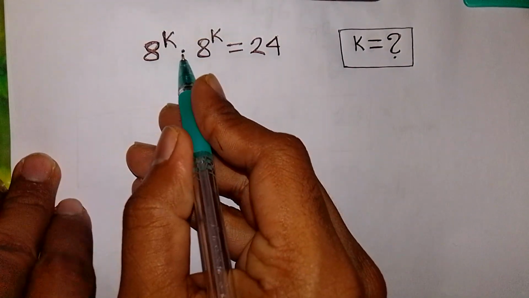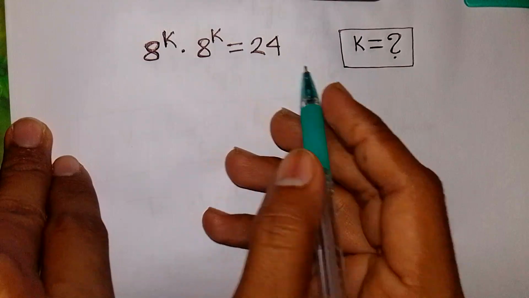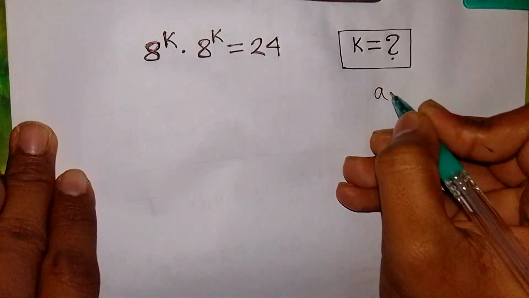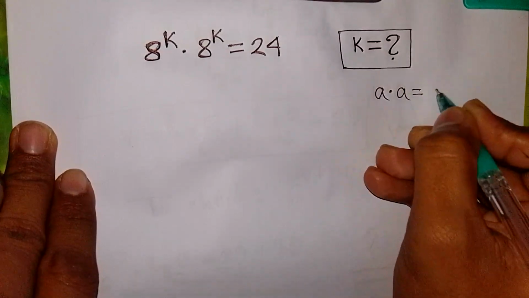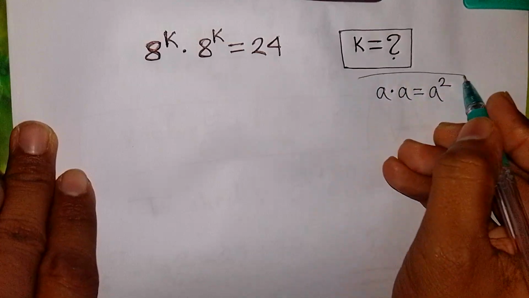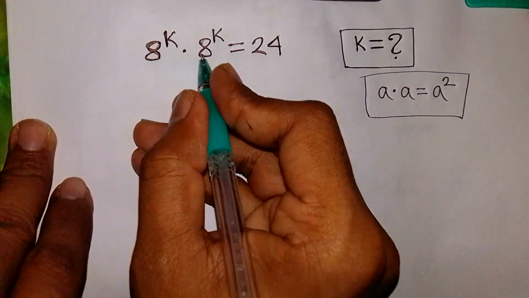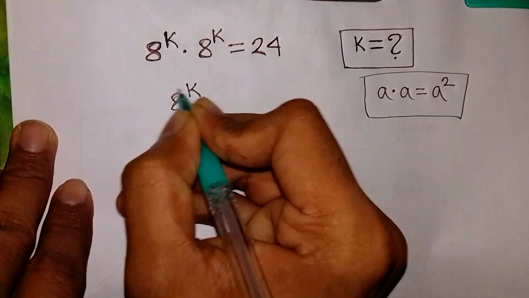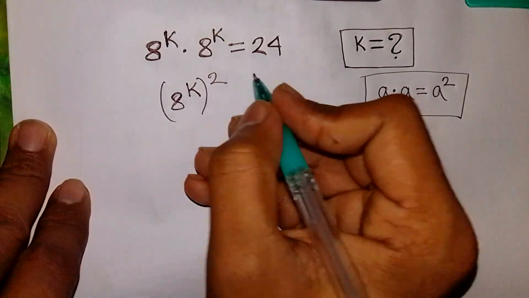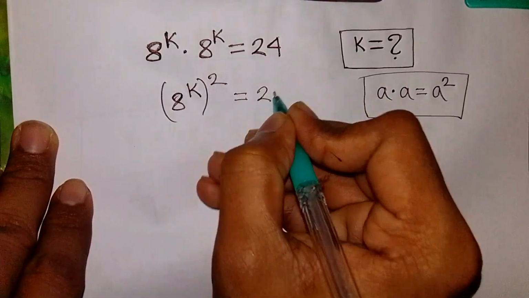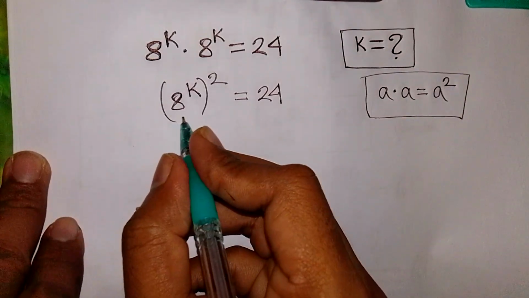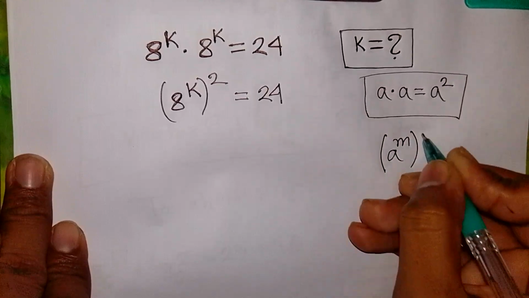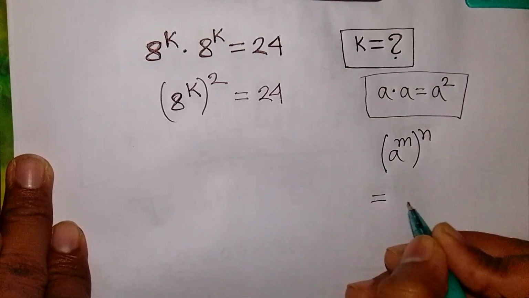8 power k times 8 power k is equal to 24. Find the value of k. So here, in the form of a times a is equal to a square, this times this is same as 8 power k whole square is equal to 24. Now here we apply this exponential rule that a power m bracket power n is equal to a power